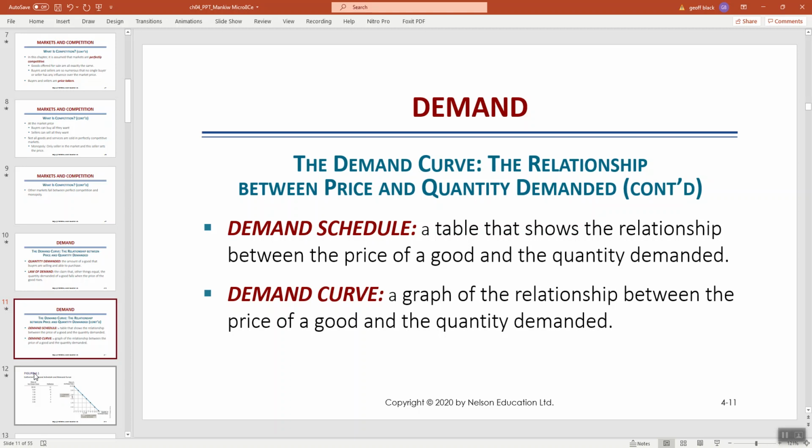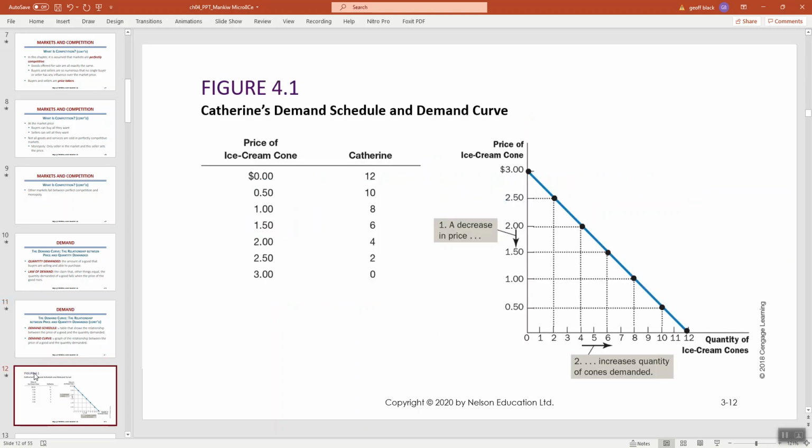And a demand schedule shows the different combinations of price and quantity demanded, right, for a particular market. Okay, and that's what a demand curve is. It's derived from the demand schedule. And it's a graph that showcases the relationship between the price of a good and the quantity demanded. Okay, so it looks like this. So here's Catherine's demand schedule and her demand curve. So note that this is the demand schedule, okay? And this over here is the